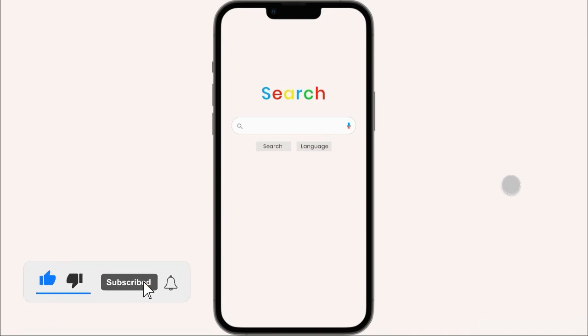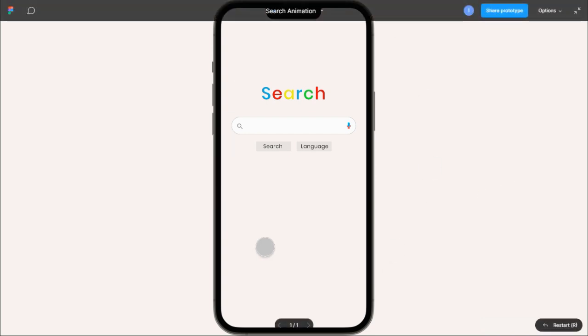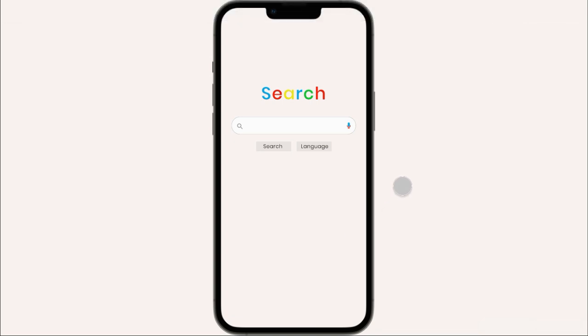In today's video I'm going to be showing you how to create a search bar animation in Figma in a few simple and easy steps. So what we're going to have is a product like this in our phone. It looks like the Google animation, but what happens is when you click into this search bar, you can see there is actually an animation running, and then as you can see there is that dot